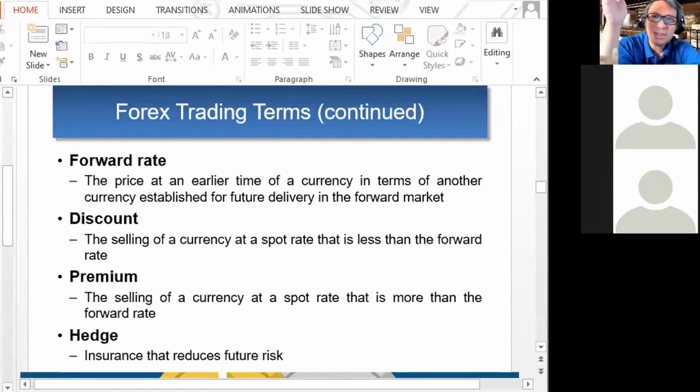Okay? When you agree with somebody to have a future exchange rate, you determine the forward rate. When you determine the forward rate, that's already a form of hedging. Okay? So what we discussed, the forward rate, the forward market, the futures market, that is hedging. So you are protecting yourself from changes in price volatility, future risk, future changes in price that might be detrimental to you.